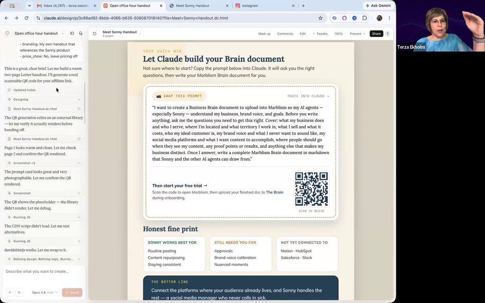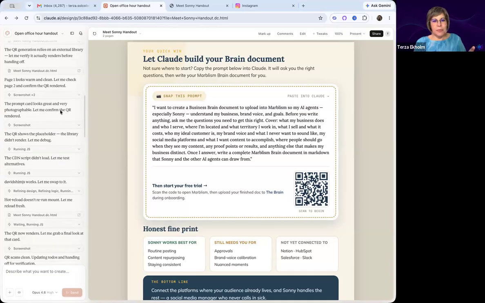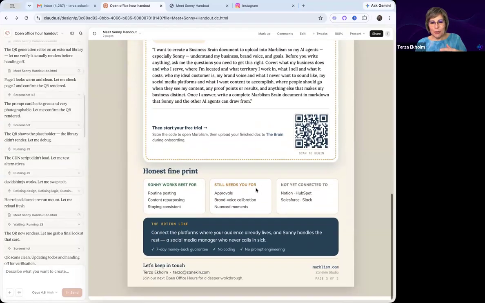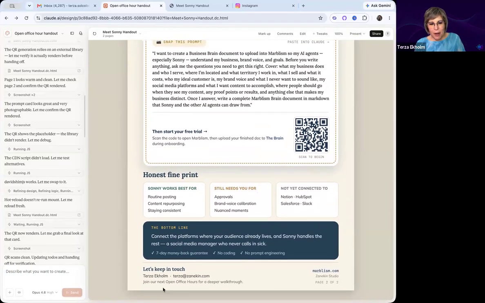It just went through each section on its own. It ran into something with the QR code and fixed that on its own. As it went through, I was just watching it, and I was really excited. We got down to the bottom, and this very bottom line was overlapping this box.